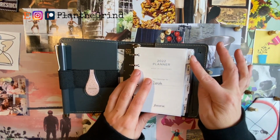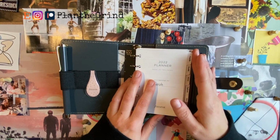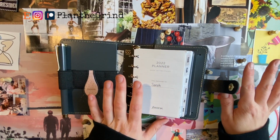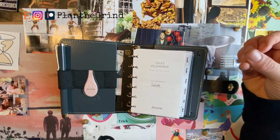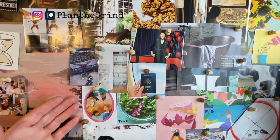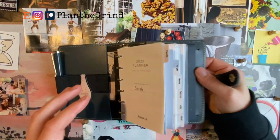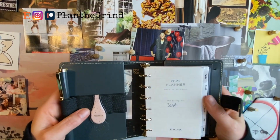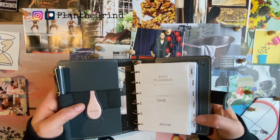So anyhow, I broke my project pipeline, or portfolio really, down into these 6 sections of my vision. So I have family, so all of the projects or things that I need to work towards to get to this ideal vision that I have for my family, and then vacationing, things of that nature. And then I have health, so all the projects I have in mind for health, home, Patreon, Plan the Grind,